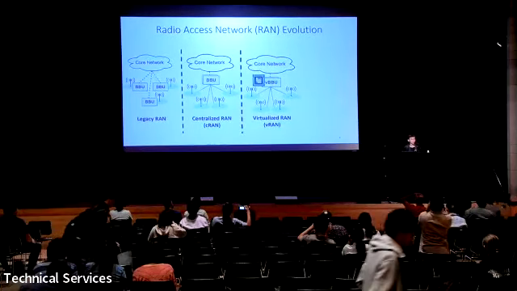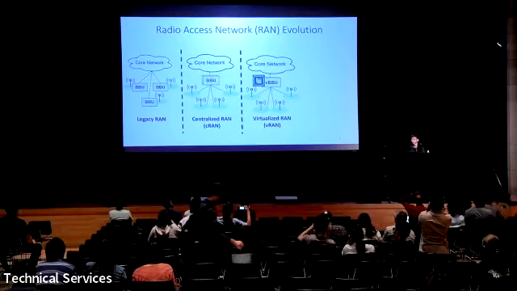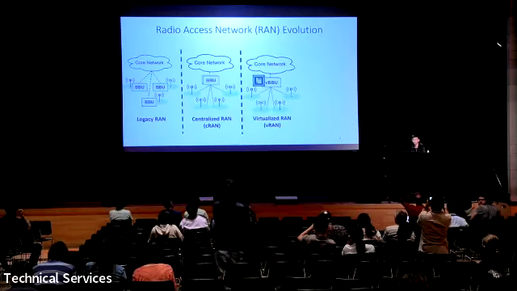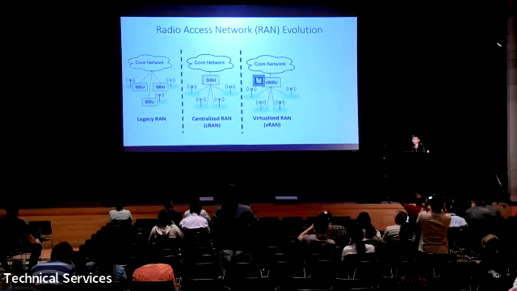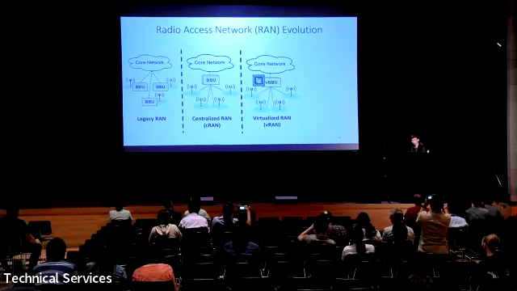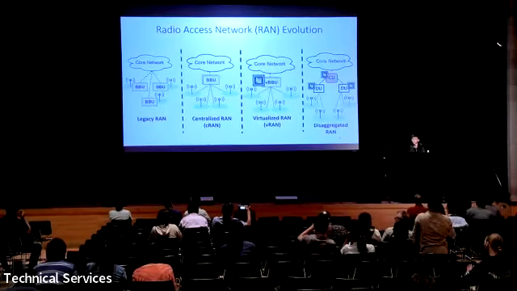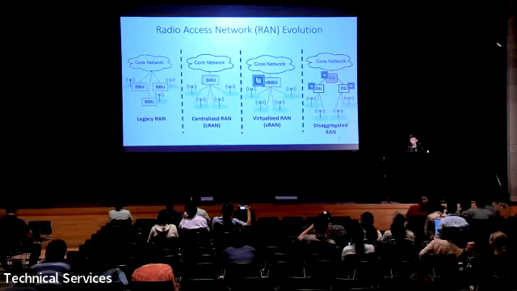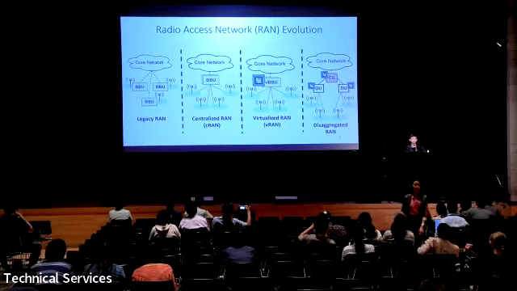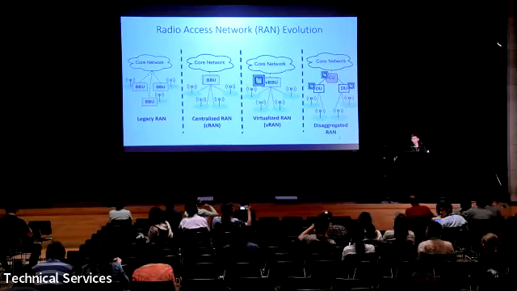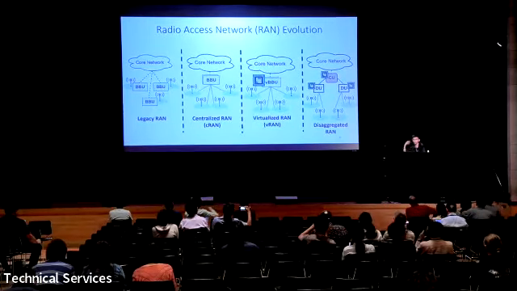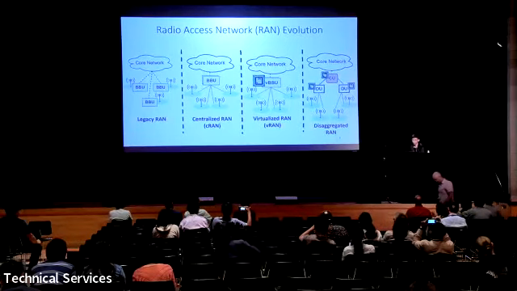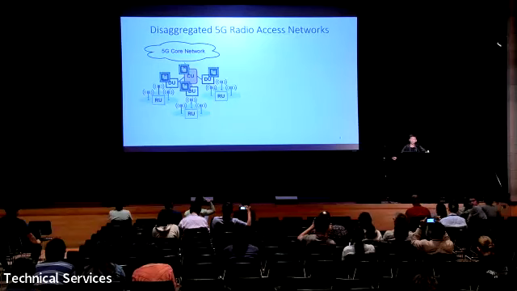But then eventually we are still limited by the fact that these baseband units still need to be in close proximity with the antennas. So subsequently, we have disaggregated RAN, whereby the baseband unit is further decomposed into a CU and DU. The DU is a time-sensitive component which is located closer to the edge, and we can deploy the CU at the central office. All right. So then we move on to 5G networks.